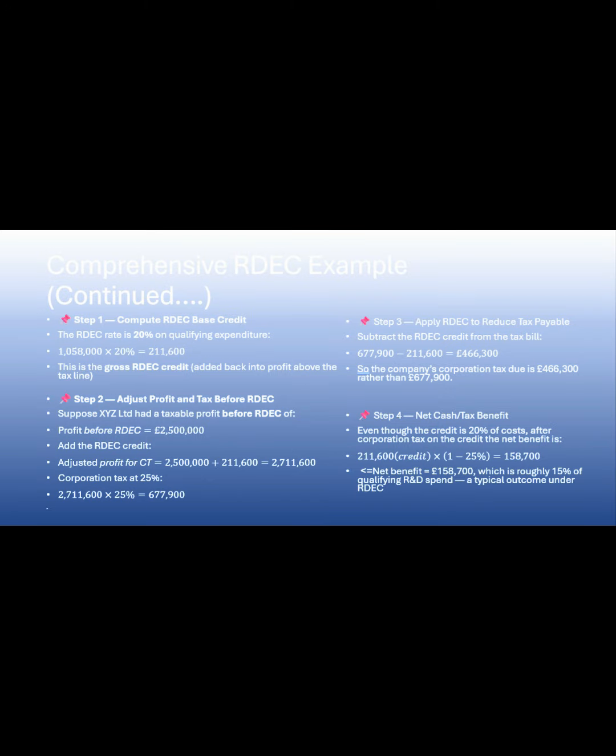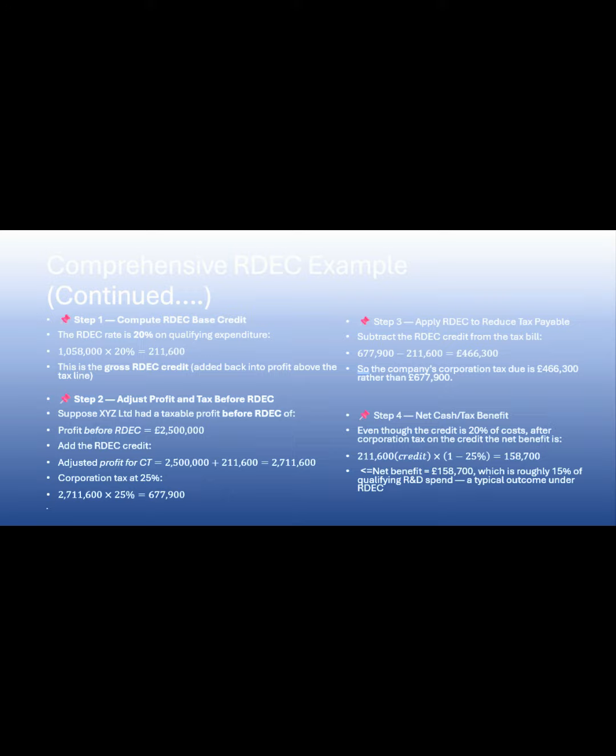Okay, now you will add this to your income, right? So you can assume that your profit before RDEC is 2.5 million, and after adding this RDEC your profit becomes 2.7 million. So you will be calculating your corporate tax on 2.7 million, which will be 677,900. Now your tax will be reduced by 211,600, which is your tax credit, and your total corporate tax will come to